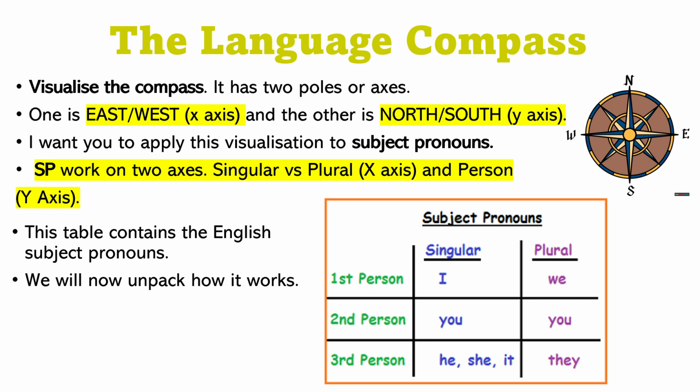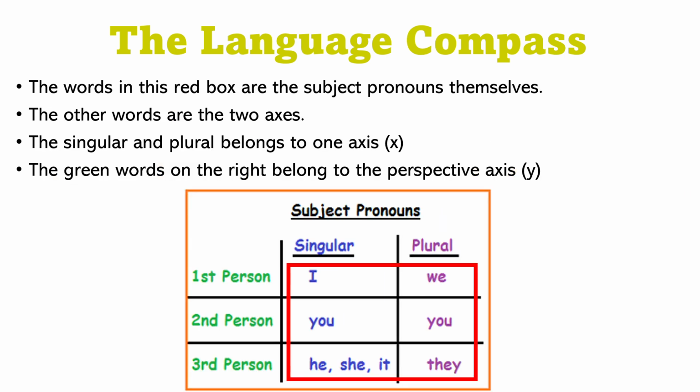Obviously, if you're talking about yourself, you just say I did this. But if you're talking about yourself and a bunch of people who are with you, you say we. So it goes to the plural. Same with you. You doesn't actually change, but it does in some languages. So that's the top axis, singular, plural. On the other axis, we've got perspective. So whether you're talking about yourself, someone else, or a person who isn't there. So these ones in the red box here, I just thought I'd outline that. Those are the pronouns I, we, you, he, she, it, and they.